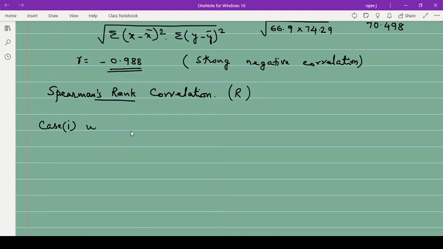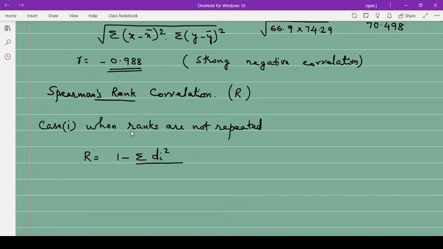When the ranks are not repeated, we have a formula. So here we say capital R is given by 1 minus summation di square divided by, be careful here,